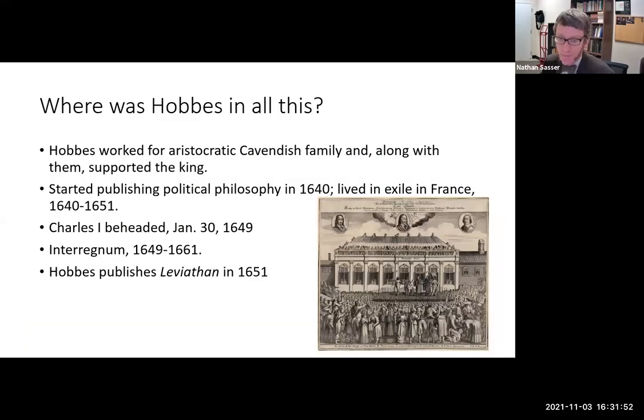Now, where was Hobbes in this big hot mess? Well, Hobbes worked for an aristocratic family, the Cavendishes, and so along with them, he strongly supported the king. He started publishing political philosophy in 1640, but lived in exile in France for the next decade while the civil wars raged. Those wars ended when Charles I was beheaded on January 30th, 1649. Two years later, in 1651, Hobbes published Leviathan, his greatest and most famous work. The picture I've got on the PowerPoint is the beheading of Charles I in front of Whitehall Palace, the banqueting hall there. It's quite a place. Anyway,